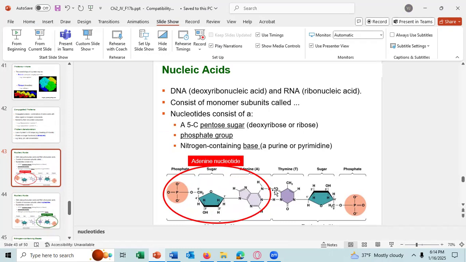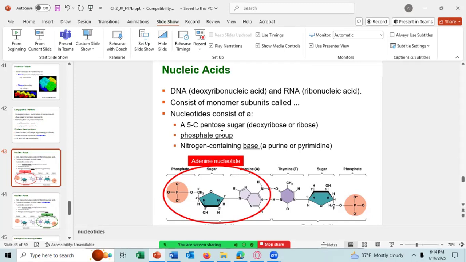Those are the two nucleic acids. DNA, its long name is deoxyribonucleic acid. RNA, its long name is ribonucleic acid. Each DNA and RNA consist of monomer units called nucleotides. A nucleotide consists of three parts: